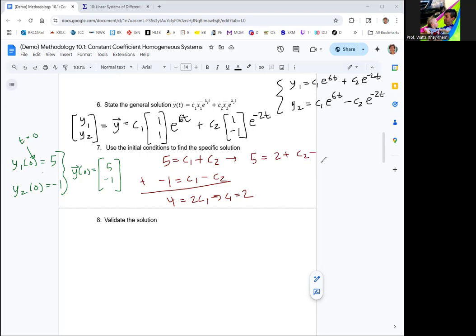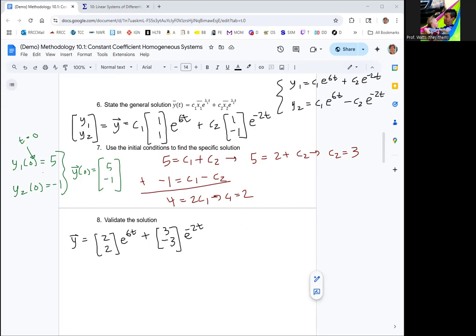So c2 is 3. All right, so let's write out our specific solution. C1 is 2. So you can put the 2 in there, in the vector, or you can leave it outside. And then for the 3, yeah, let's put that one in there too. It seems like it's just a little neater to do that. So I replace C1 and C2 with 2 and 3, and now have my specific solution for the initial value